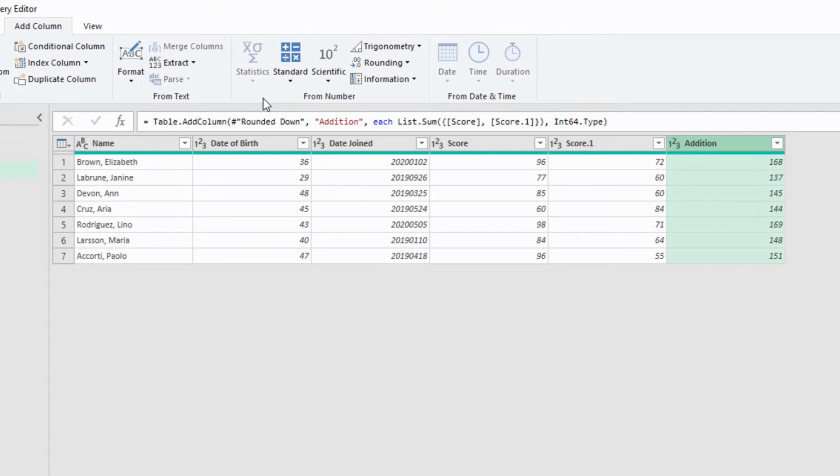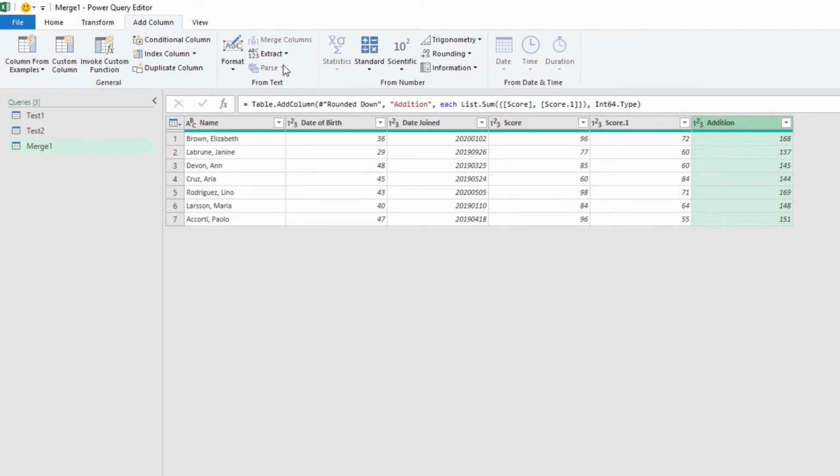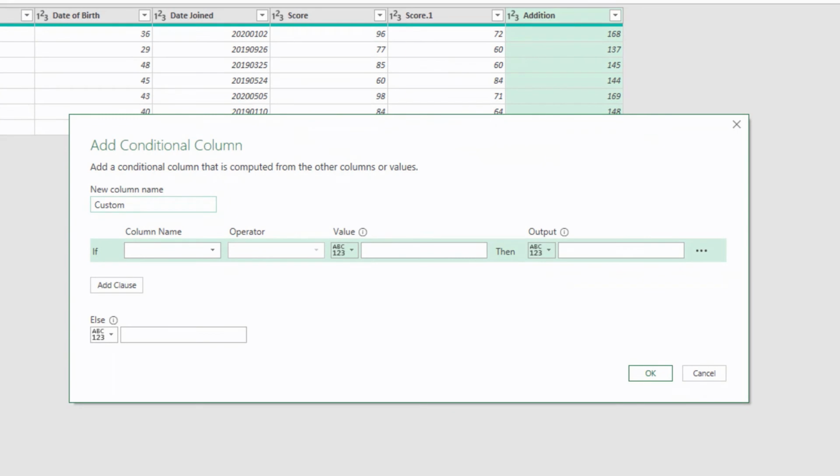Now that we have the total score, we can create another column which we need. This will be a conditional column which will display the word pass if the total score is a value of 140 or higher. Otherwise, display the word fail. So from the Add Column tab, I'm using the Conditional Column button to get this nice user-friendly window. And I have a step in here to name the column. So we may as well do that now. And I'll call it